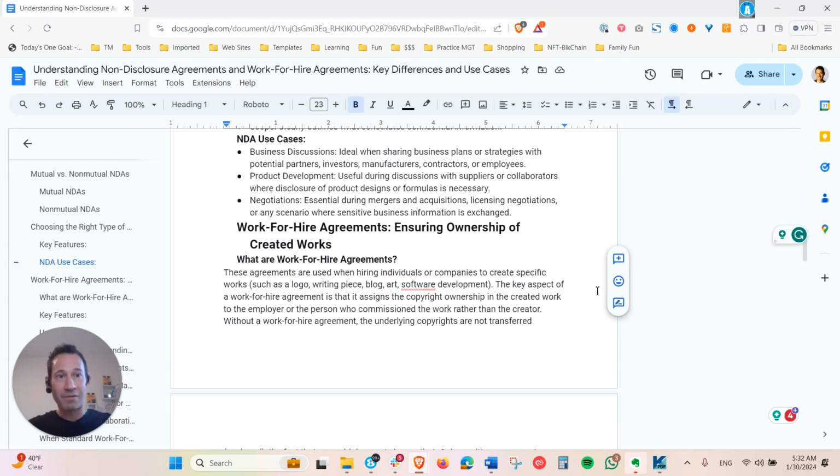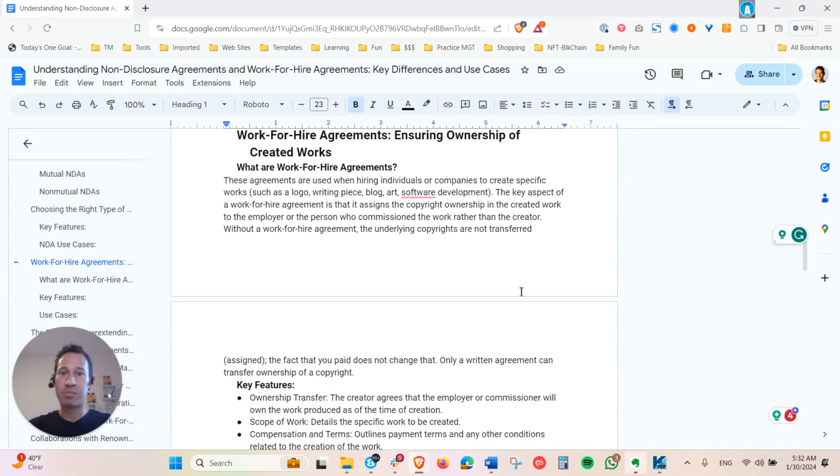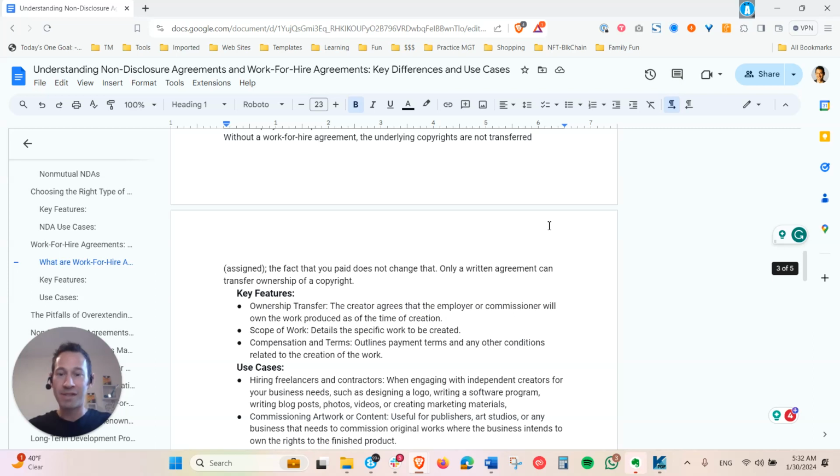Works for hire are different in that they are for when you actually are hiring someone. You want to ensure that whatever they create for you, you own. And this comes in two real key places: in copyrights and in inventions, which are covered by patents. So under copyright law, whoever puts pen to paper, whoever fixes it in a tangible medium, whatever the work is, whether it's a photo, video, blog post, a logo, some sort of graphic design, whoever fixes it in a tangible medium is considered the author, and they own it.